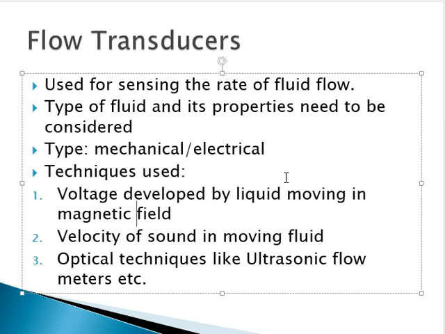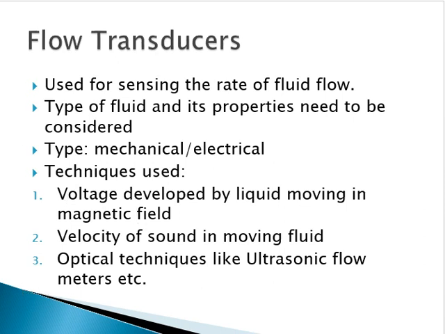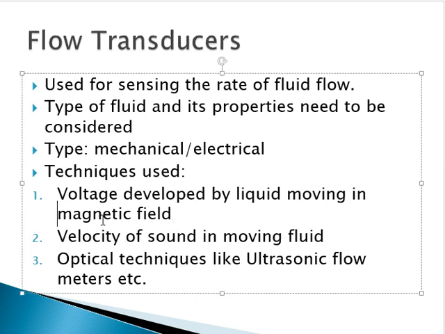Out of these, this is mostly used, and that electrical method we have to see: measuring the voltage developed by the liquid moving in the magnetic field. I want to suggest one thing: this magnetic property or magnetic field is mostly used in different types of electrical and electronic devices or circuits. So I request you to revisit your magnetic or electromagnetic concepts, please clear them, then only you will understand different circuits based on that. That's why I am telling you, please revisit and recall your basics, these are very important.